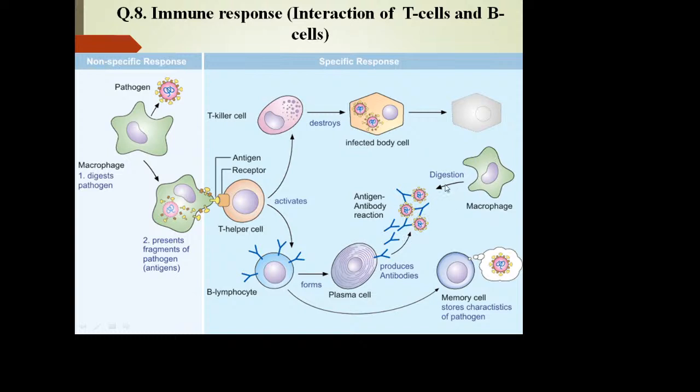Macrophages also take part in the full destruction, in the full killing of antigens, because antibodies have a great function as opsonization. It's the engulfment, phagocytosis. The success of phagocytosis by macrophages depends on the presence of antibodies. If antibodies are present on the surface of the antigen, it improves engulfment of the antigen by macrophages.